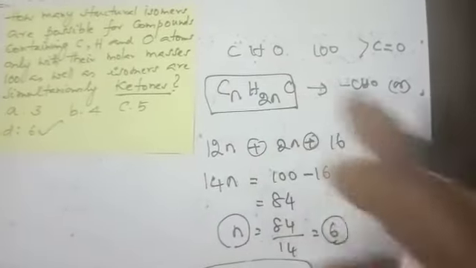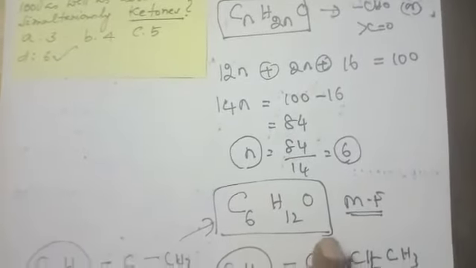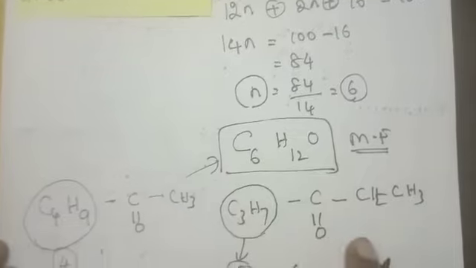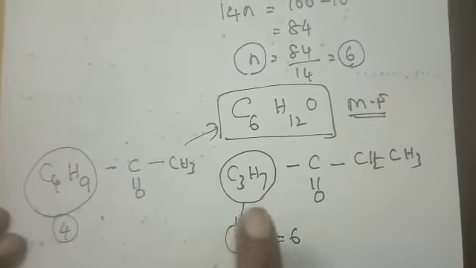Okay, now what is the knowledge? The formula is your ketone formula. You have to identify and find out the number of carbon atoms, generate the molecular formula of the ketone, divide it into 2 categories in terms of butyl and propyl, and find out, and you can go for the answer.